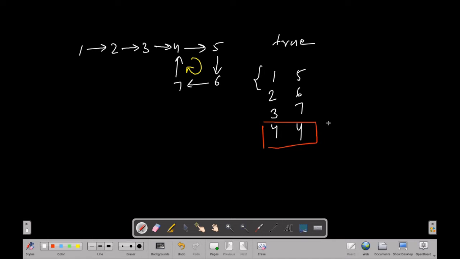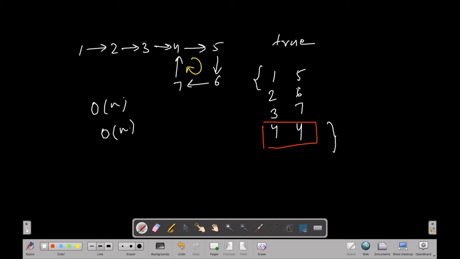So our first approach is very basic. We will create a hash set and we'll put all the nodes of the linked list into the hash set, and if any two nodes collide at any point, then we will simply return true. That means we have a loop in the linked list. So this is our first approach. The time complexity of this approach is O of n, because we are just traversing our list, and space complexity will be O of n as well, because we are creating a hash set.